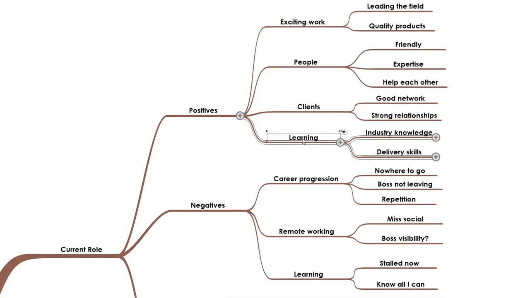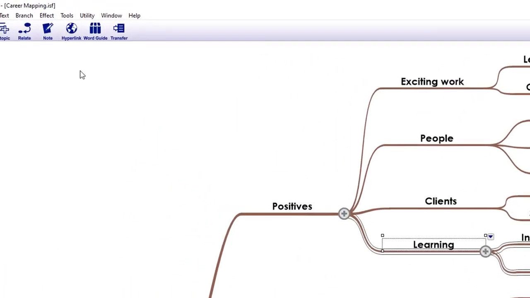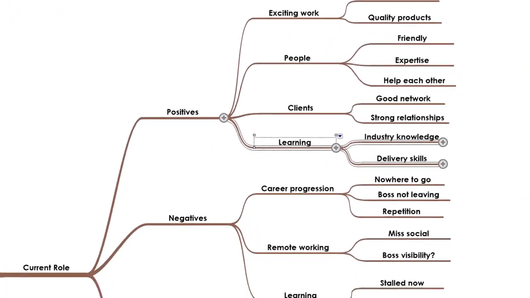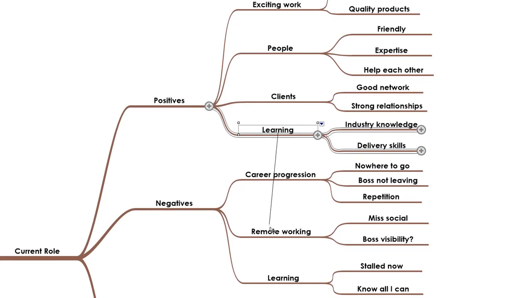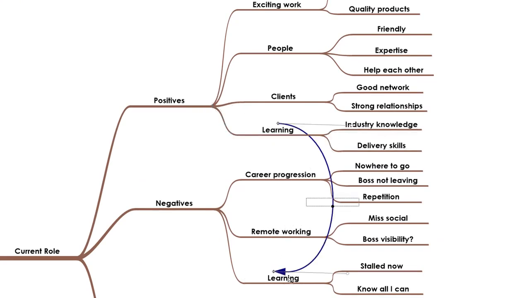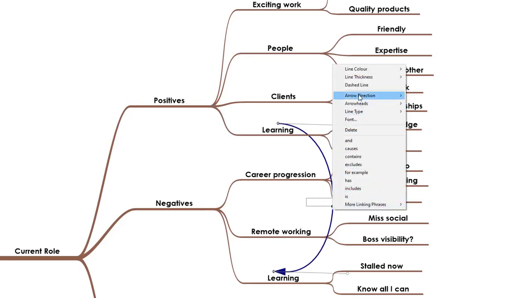It's worth noting here how some things might appear in both the positives and the negatives branches, like learning in our example here. This is not unusual and not a problem, and it's a real illustration of things rarely being black and white when it comes to this sort of thinking. If we want to, we can even highlight the connection between something as both a positive and negative by drawing a relationship line between those two items in the software to show clearly that there is a connection between something positive and something we view as negative.